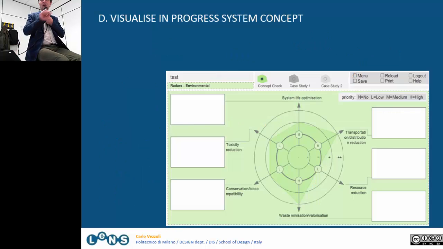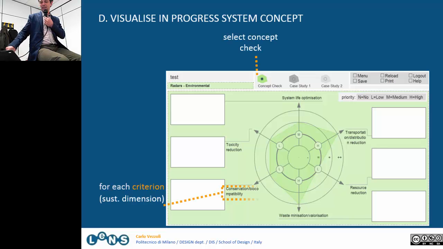And then you can click on radar, and you access a radar diagram which shows in a synthetic way the performance of your product in one chart. Okay, so you find the 6 criteria. You have different circles. The darker one is equal. It means that nothing has changed compared to the existing system. Your concept has not improved if you find that you are there. If you are in the circle of plus, it means that in relation to that criterion you have an incremental improvement, and double plus